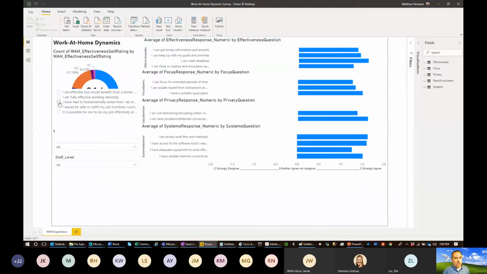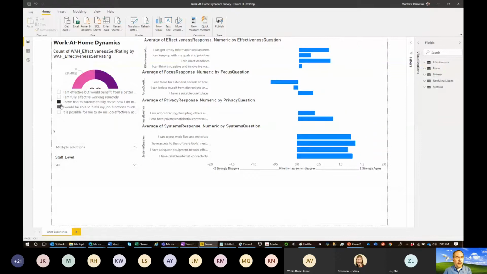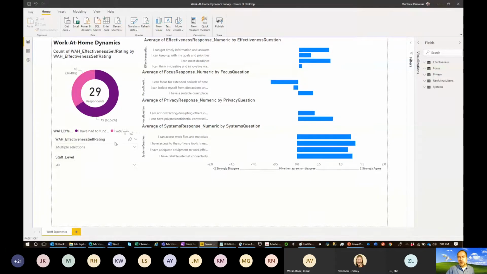And two of the questions were a little more negative. So I've had to fundamentally revise how I do my work in order to work at home effectively, or I would be able to fulfill my job functions much more effectively if I were in the office full time. And when I looked at just those, it was kind of interesting. I can actually slice and dice my Likerts here to see how these pieces relate, because as pretty as the Microsoft Forms visualization is, you can't actually do this kind of analysis on it,